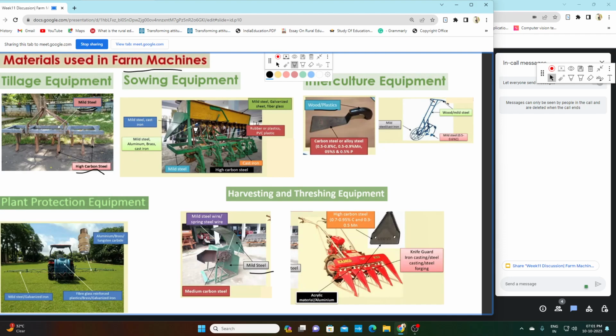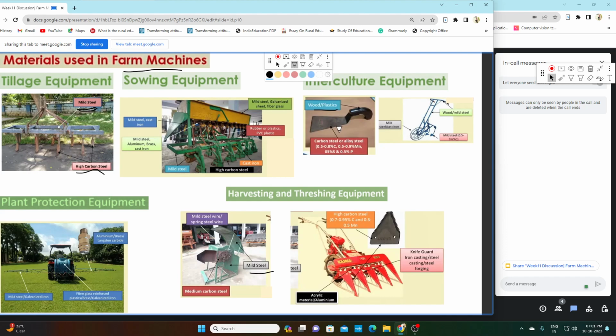The metering mechanism is made up of mild steel, aluminium, brass, or cast iron, and the side frame is made up of mild steel or cast iron. Now about intercultural operation, the handles are made up either of wood or plastic, and if we are talking about push-pull type weeder, then it is made up of mild steel also. And the working element